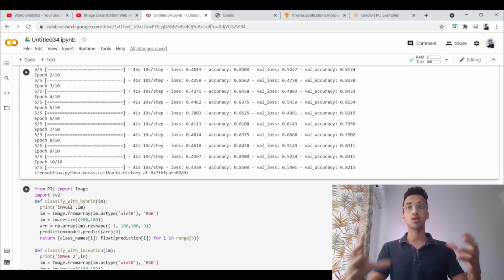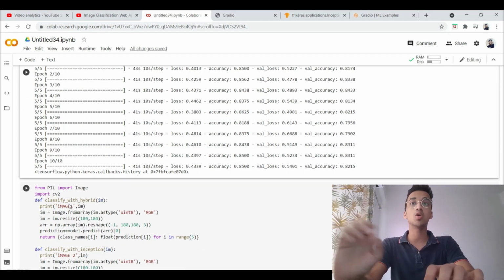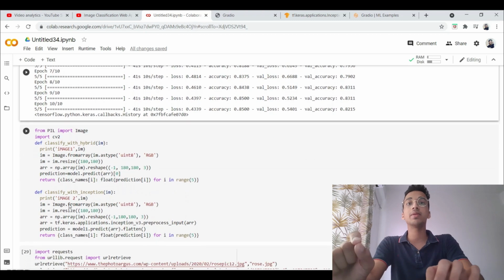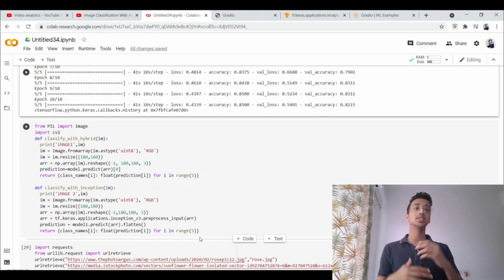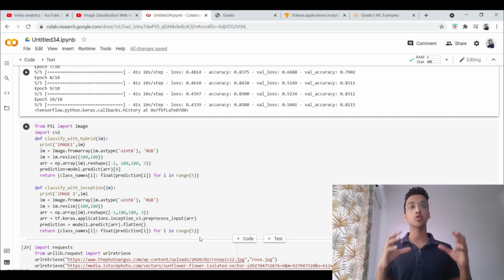This can be any model according to your problem, but now comes the important part, right? Now I'm defining 2 functions. This is how the flow works in Gradio. You have to define a deep learning model, then you have to create a function which will accept an image and do whatever pre-processing steps are required and send the output prediction. Then you have to call the Gradio class or Gradio interface class, and you just have to mention what is the function, Python function that you defined, what is going to be the input and what is going to be the output.